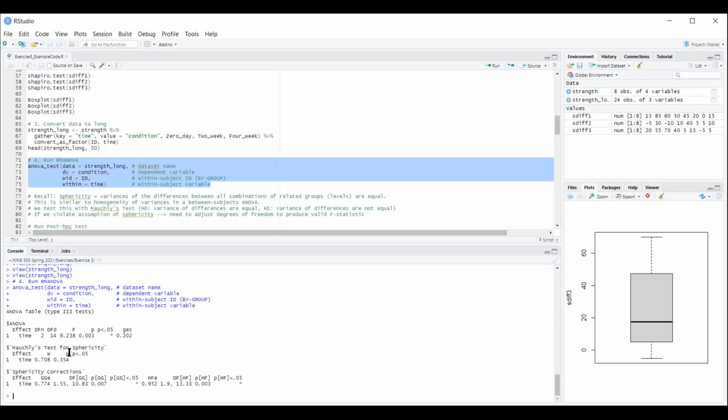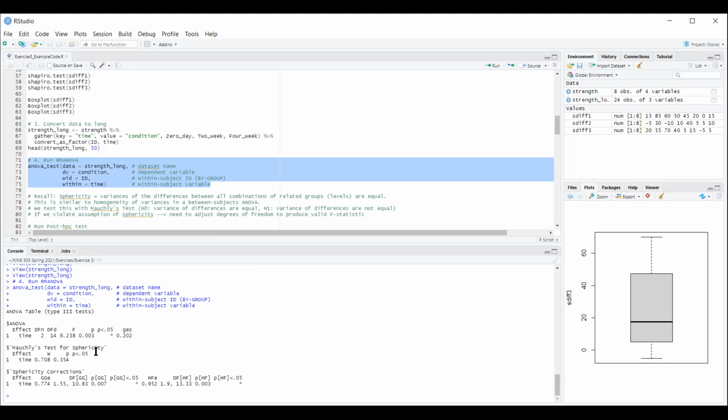Okay, let me just give you an instance. If this is less than 0.05, then we would want to go down and look at this p-value, this adjusted p-value. Because that assumption is met, the p-values are actually the same. Pretty similar. Okay. Hopefully that all makes sense. Because we met the assumption for sphericity, because our p-value is greater than 0.05, we can use the p-value up